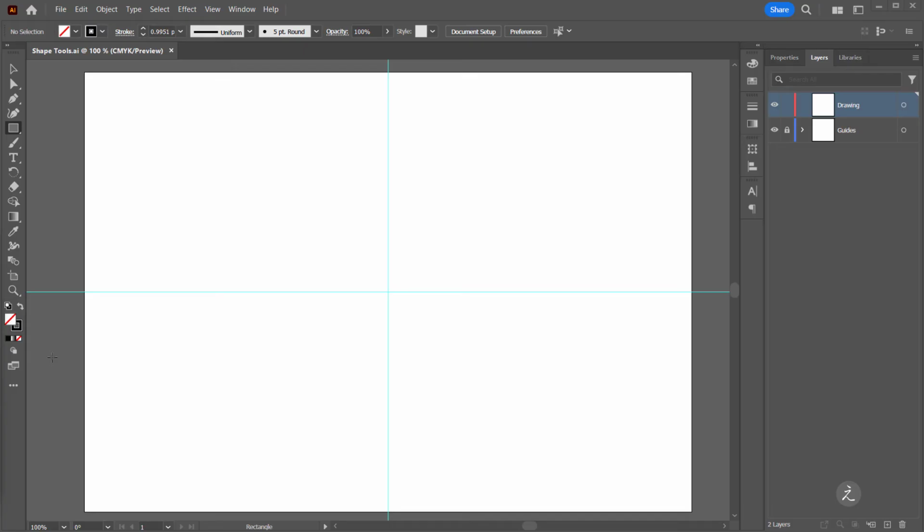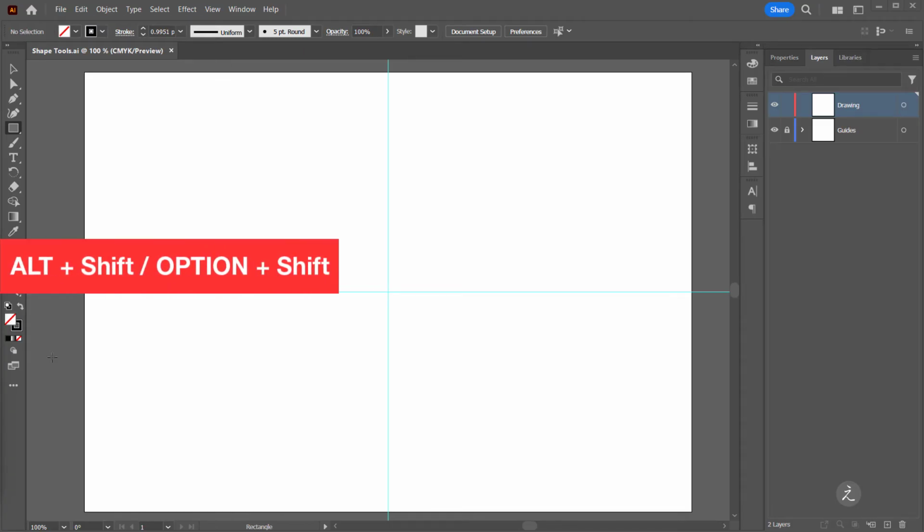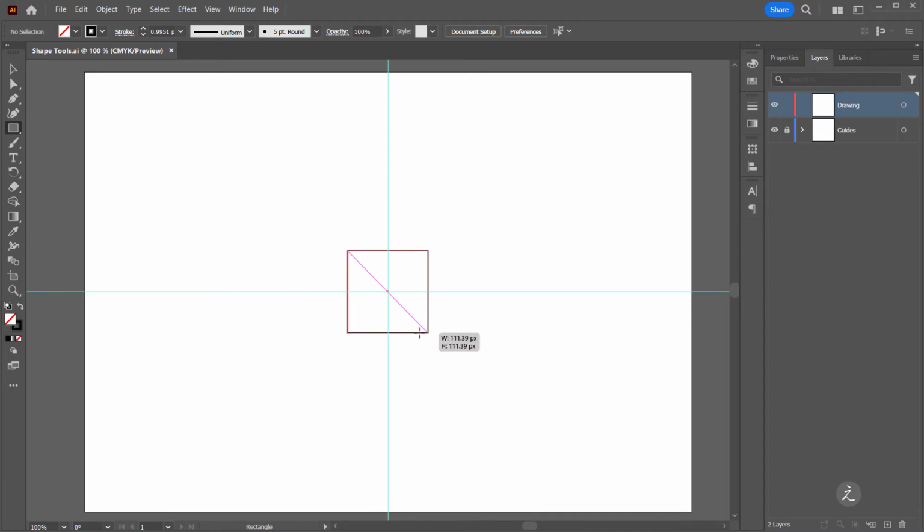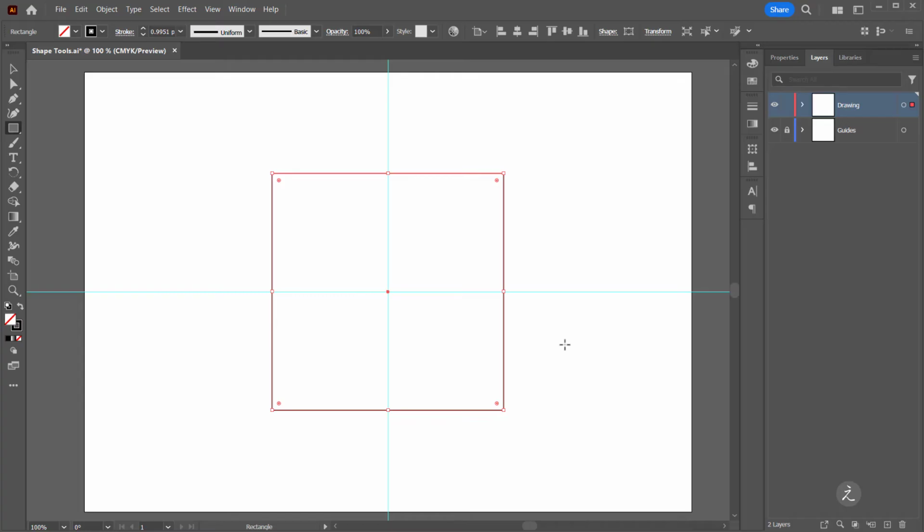Another option using the rectangle tool is rounding the corners. I'll start drawing a perfect square using the keyboard shortcuts from the center out and release. Notice the live corners, these circular widgets that we can use to round corners by the same amount, and the shape becomes a rounded rectangle.